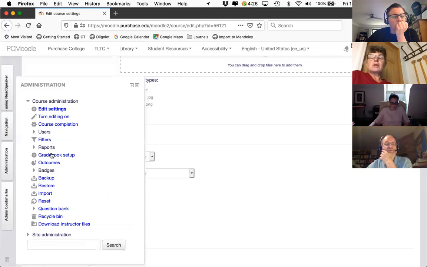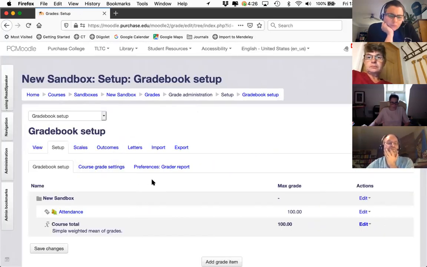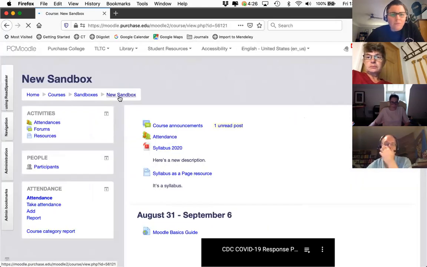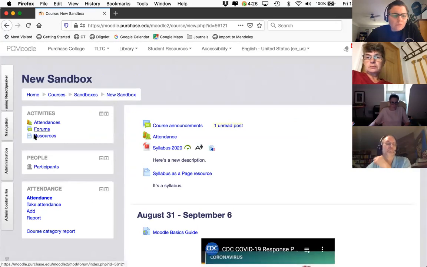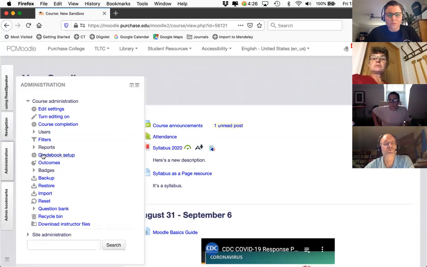And so if I go to Gradebook Setup, Marie, have you put any students into this space? I haven't. Let me do that real quick. Okay, why don't you just put in all the sample students? And then we can go back and review what the attendance would look like with actual students as well. So if you go to Gradebook Setup,